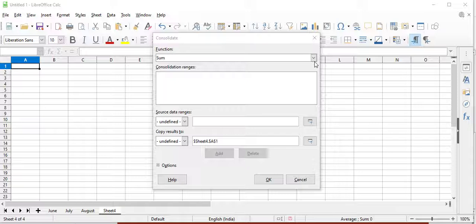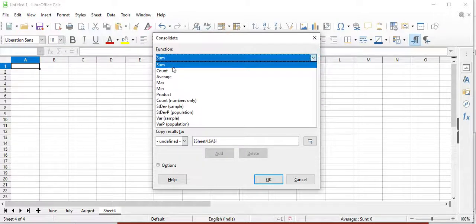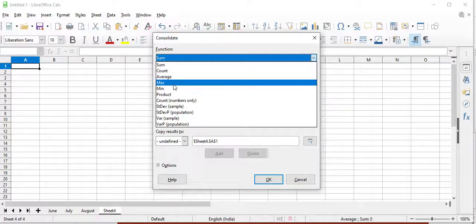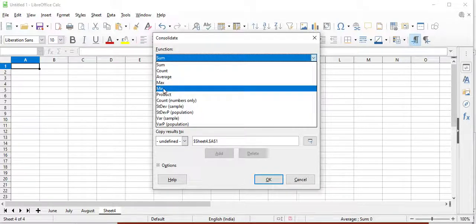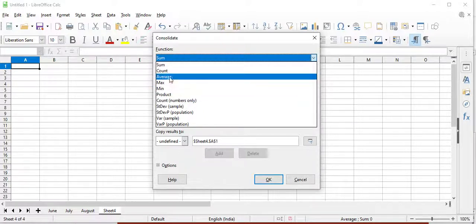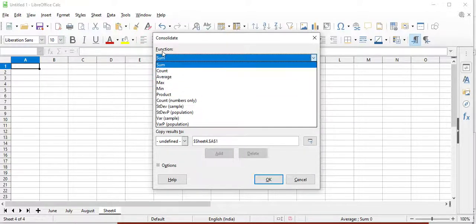If you want to find in which area the maximum product has been sold, you can use the max. If you want the minimum, you can choose minimum. You can also find the product average. Let's go with the sum function.